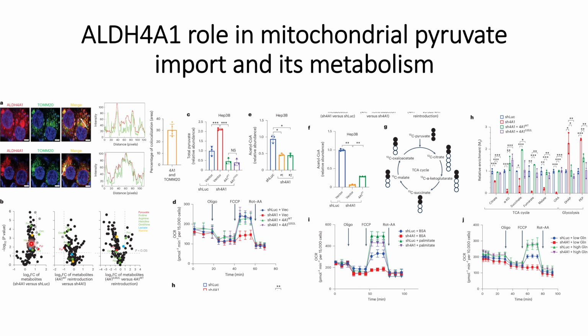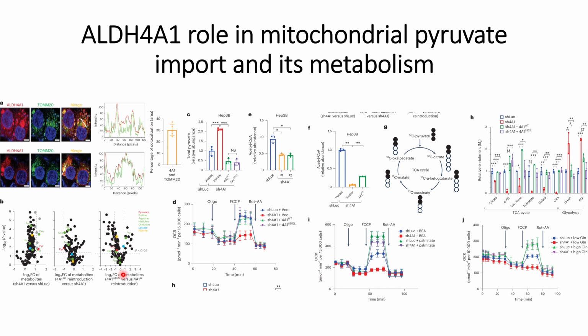What they are able to see is that where ALDH4A1 is knocked out, there is upregulation of the proline, ornithine, and arginine kind of pathways, seen on the positive side, greater than 0. Whereas when they reintroduced ALDH4A1, they see a decrease in those pathways, that is proline, ornithine, arginine, and the same thing they have seen when they introduced the mutated